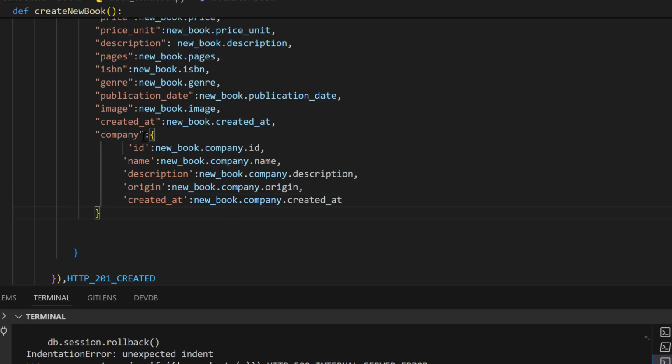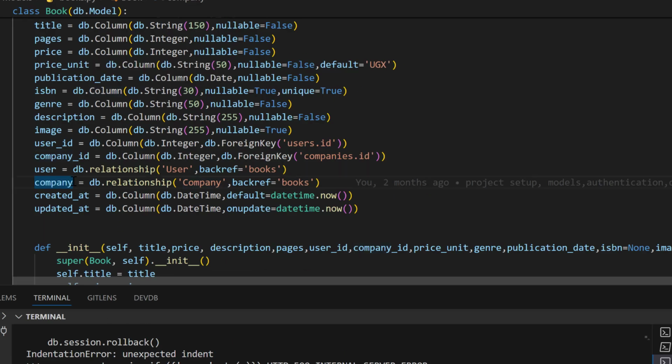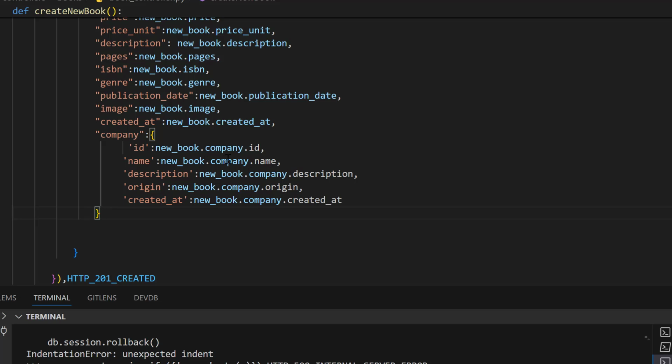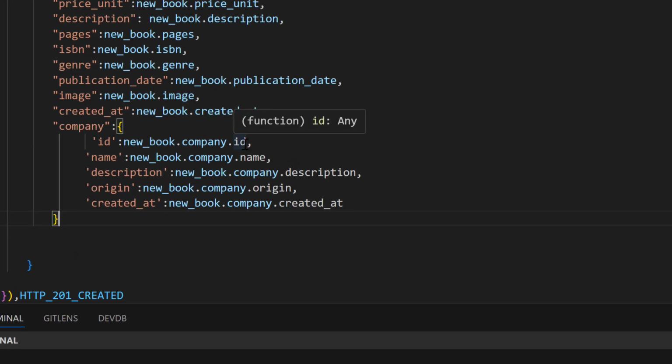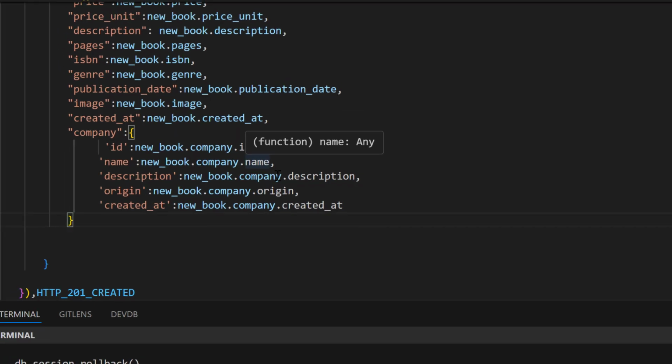So what happens with the attribute values for the company? We know that a book belongs to a company. So the way we access the attributes of the company is by us saying newbook.company. This is because of the fact that we defined a silent attribute company on the book model. So for that case, we have access to the details of the company. So newbook.company.id, then newbook.company.name,